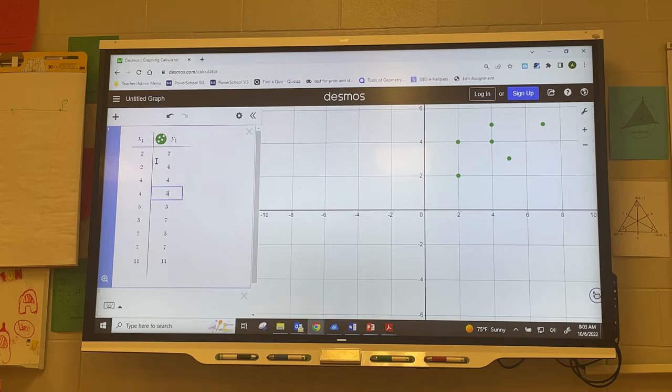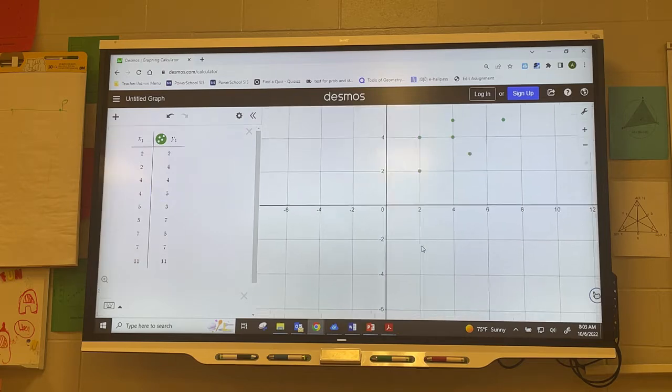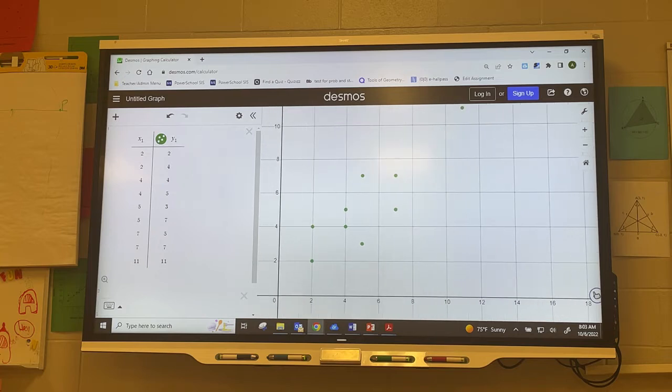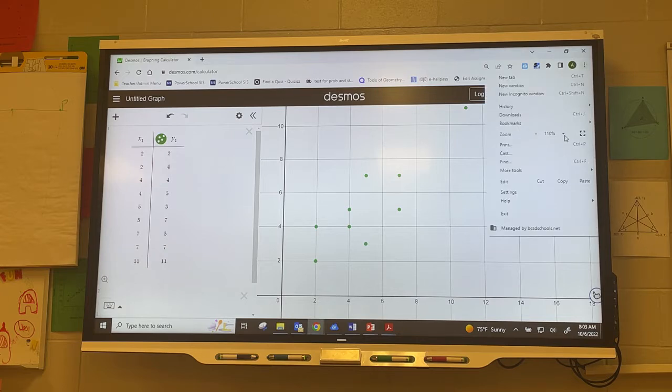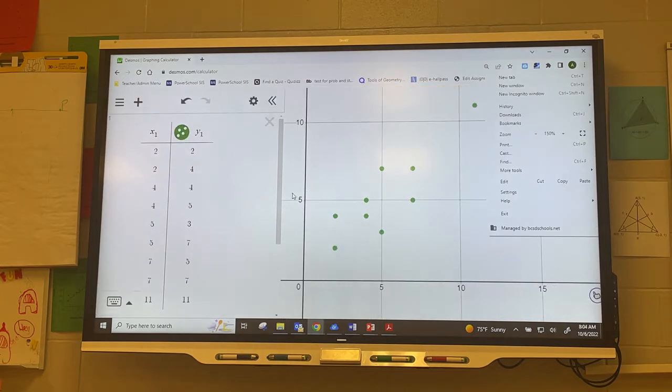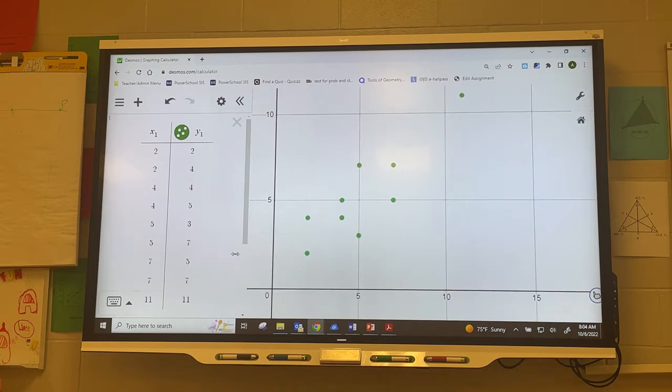So here are our points, guys. Our X values, our Y values. If you look at this side of your graph, you'll see your scatter plot with the dots being drawn. I'm going to make it a little bit bigger so you can see what I'm saying. So that's what your scatter plot looks like. So there are random dots representing the data values you are given